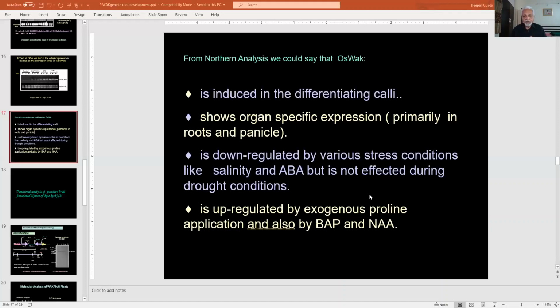And this gene showed differential expression in an organ-specific manner. It expressed itself only in roots and panicle, and of course, it is differentially upregulated by hormones and downregulated by stress signals like salinity, abscisic acid, salicylic acid, etc. So this then encouraged us to proceed further to functionally validate this by using